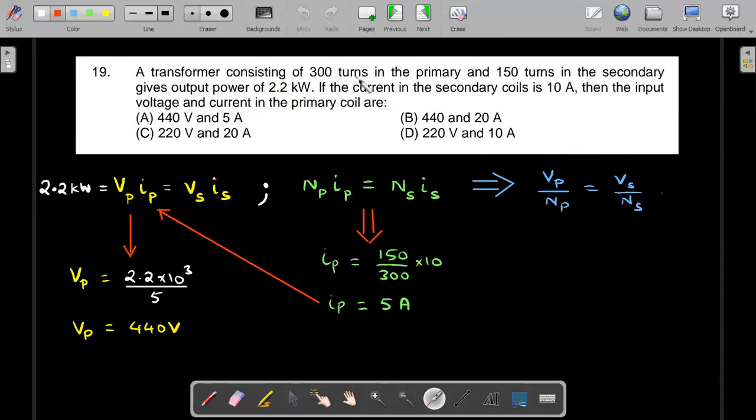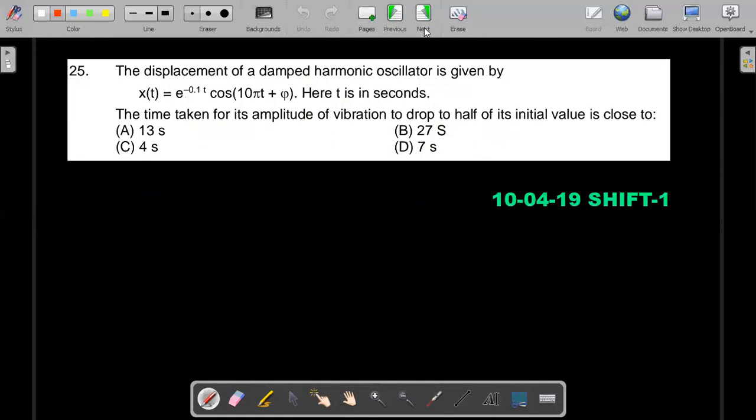Using this first, I'll start from here. Can you see the turn ratio is given? Therefore, the current ratio can be found out. He gave the secondary current and both the turns, so you can get the primary current here. Substitute the value of this primary current into this equation, with the output and input power already known to us, and you'll get the value of Vp. The Vp is 440 volt, and the IP is 5 ampere. It's a simple manipulation of two equations, and in future a question could be asked on this. So the correct answer is 440 volt and 5 ampere. Let's move ahead.